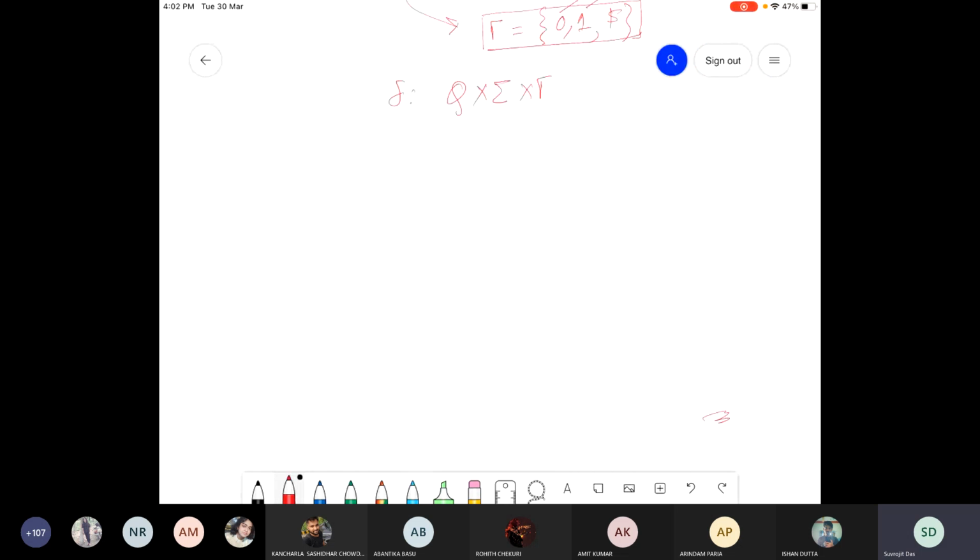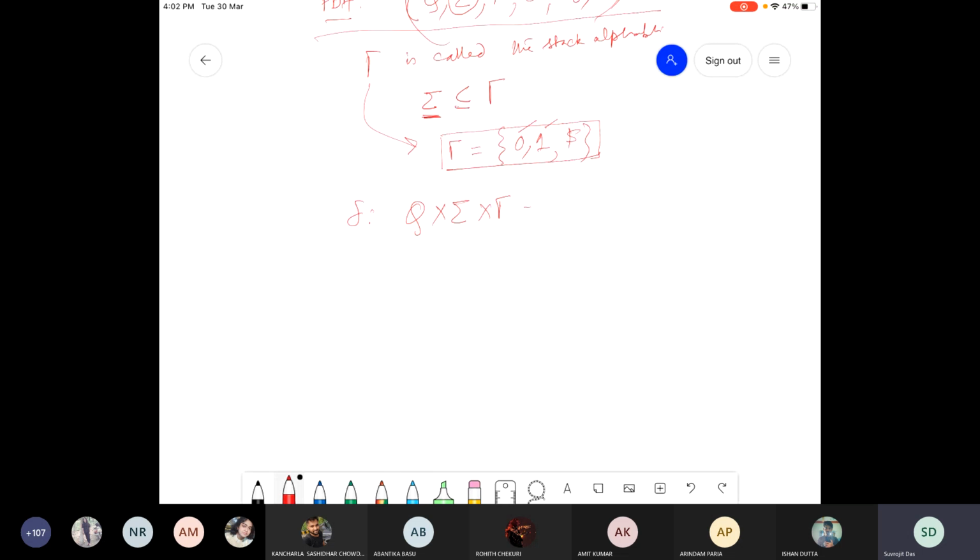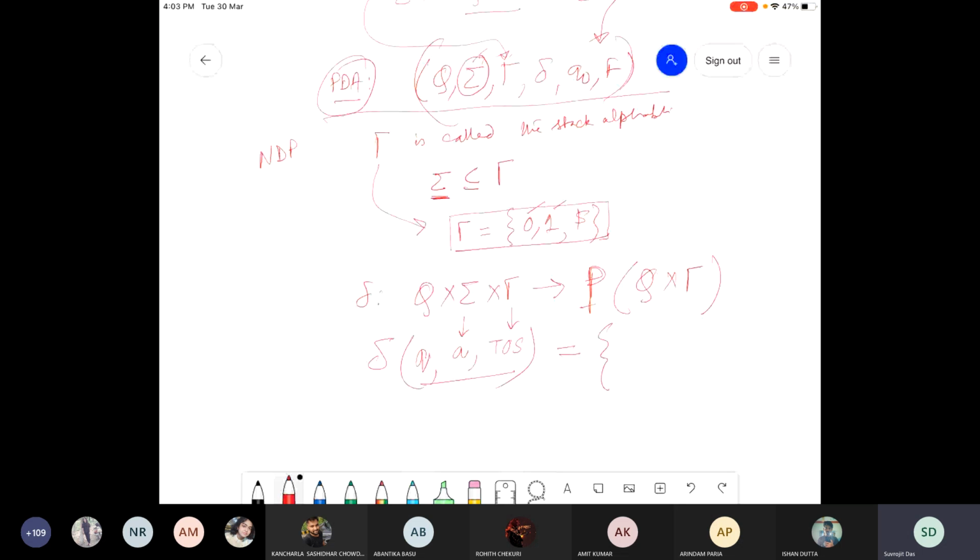Yeah. So how to define delta? I should define delta as it takes Q cross sigma cross tau to the power set of Q cross tau. That means I am in some state Q, I see a symbol A in the input, and there is a top of stack on the stack. Delta of this should be going to a set of states, right? I'm in the power set because by default I am defining a PDA, a non-deterministic pushdown automaton,